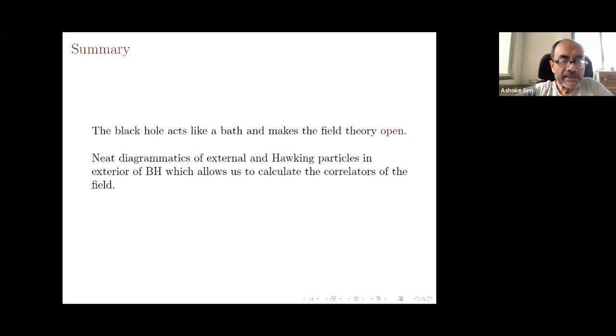Can I ask a question? Yes, surely. So the question is, suppose instead of a black hole, you had just a thermal object, say a star, but at the same temperature as the black hole. And you do scattering outside that object as you did. Are you saying that by doing a scattering involving a few particles, you can actually distinguish the black hole from a normal thermal object at the same temperature?